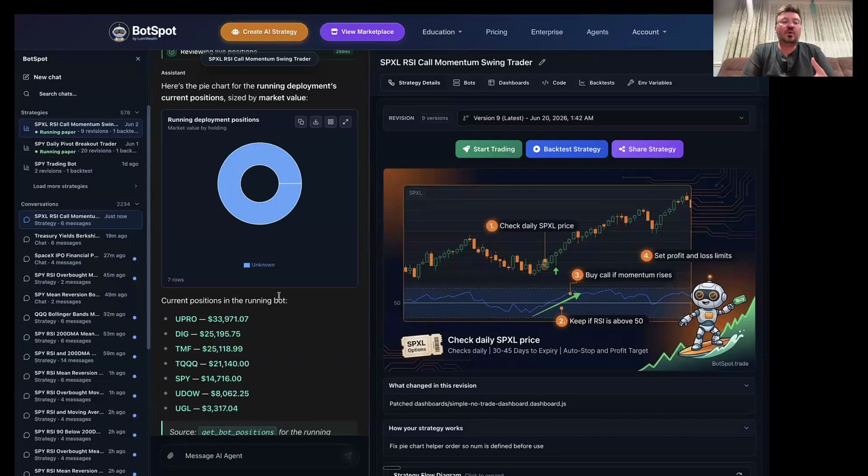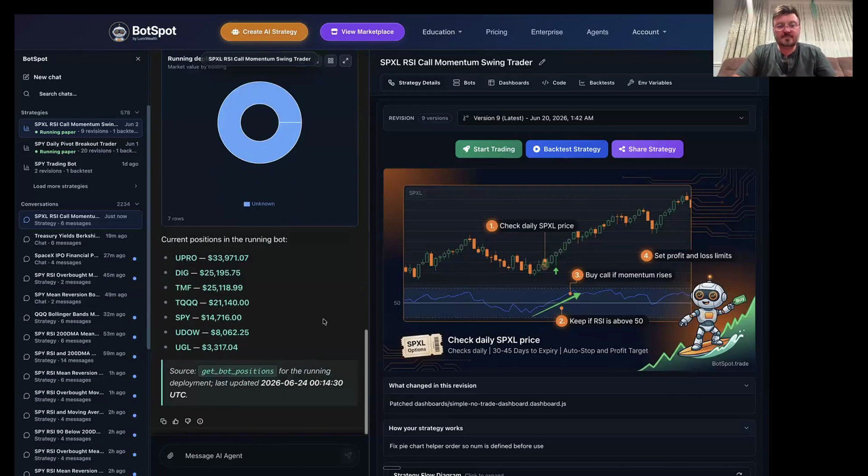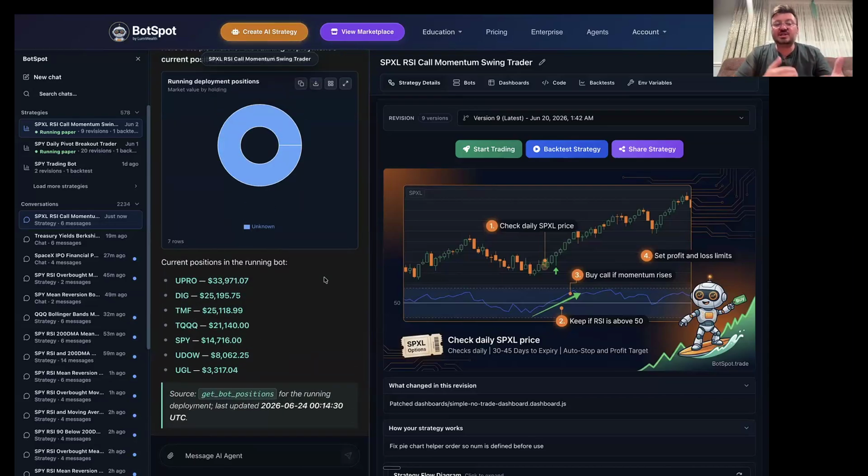And then you could get to a point where you say, how do I change this, I want to move half of my UPRO position to something else, right? Rebalance my portfolio, and I could automatically do that for you. So you'd be able to directly place trades with your broker through this.